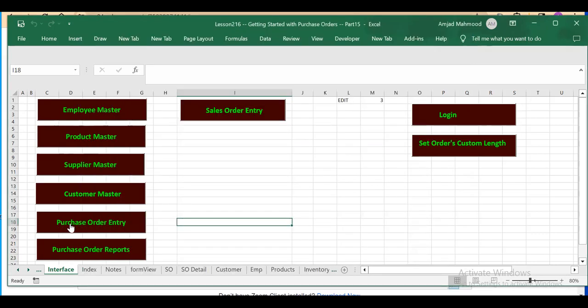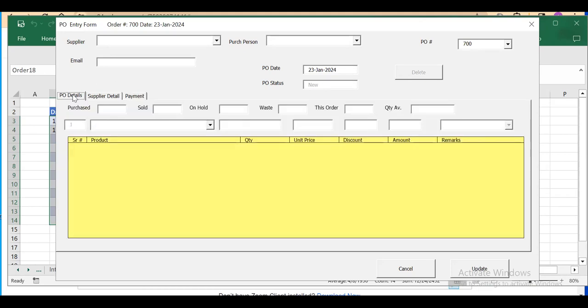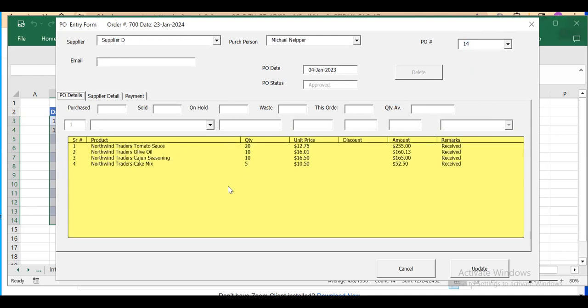In this, we load the purchase order form, for example, this one. So this is your purchase order form, or you can load a purchase order as well. For example, load our PO14, right? The information will be there. And now, while leaving it here, you want to open